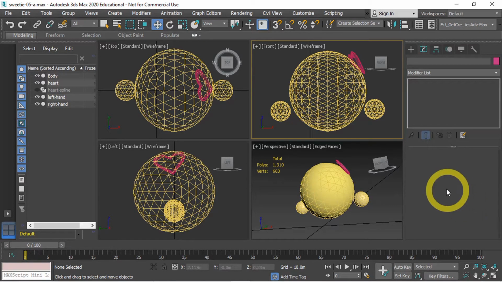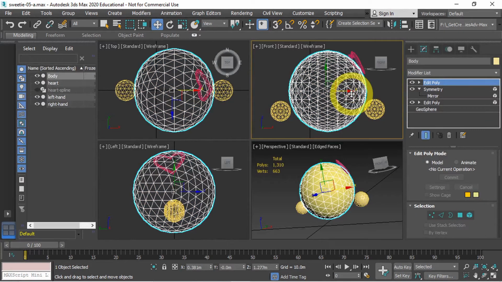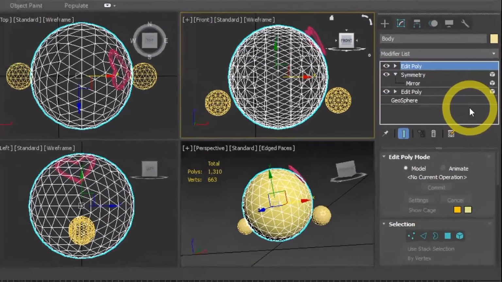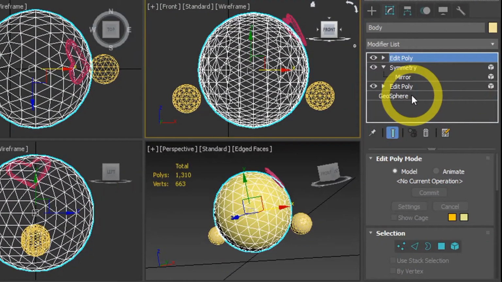I am going to select my sweetie body, which is the main geosphere, and go to the Modify tab over here. Now, as I said before, Sweetie is made up of geospheres, and geospheres give us nice triangles to work with, allowing for a little bit more control versus a standard sphere in 3ds Max. Now, after making the geosphere, the surfaces on the geosphere are not identical on the round of the sphere. So in order to get the same shape for the eyes on both sides, I needed to have my sphere